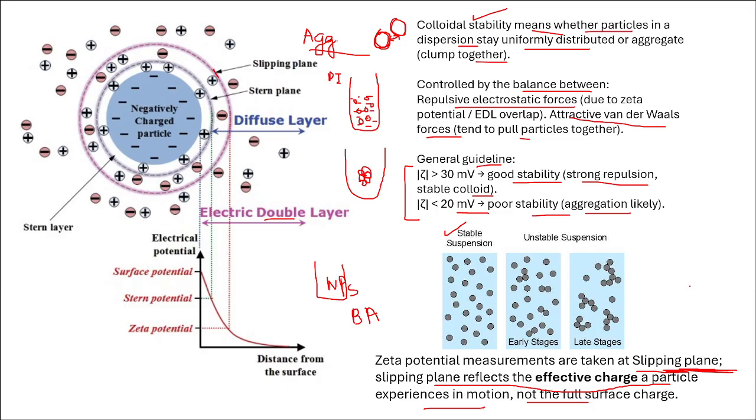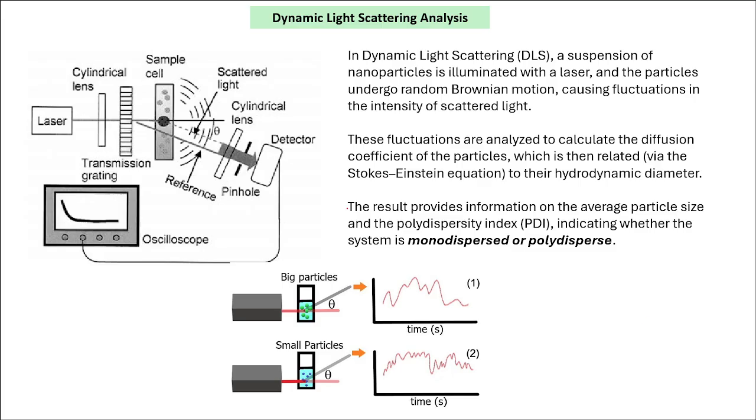So whenever you are synthesizing nanoparticles, you should ensure that they have excellent colloidal stability as well. What is meant by colloidal stability is that it is not coming together, it is not aggregating. So it's very important. Now, how do we determine this colloidal stability? By the analysis that we call dynamic light scattering analysis, or in short form, DLS.